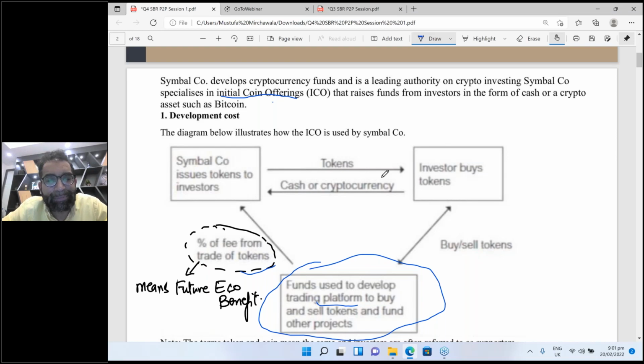Are you getting it? So now one more question, one baby question, and this is also discussed in that article. The question is whether the initial making cost of this platform should be capitalized according to IAS 38 or not.